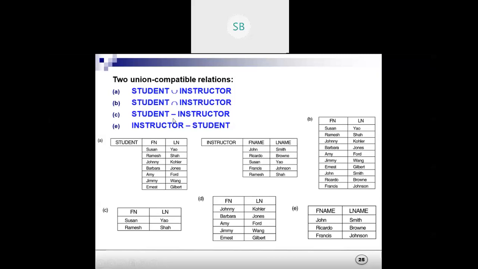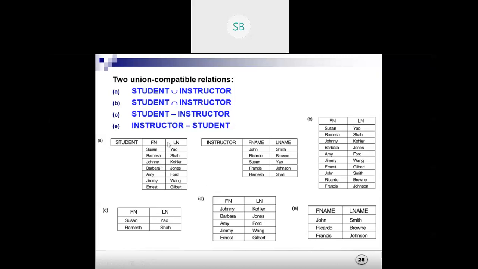That means in the minus set difference, suppose this is A and this is B, the resultant will be whatever is present in A but not in B. So we are displaying here the data present in student but not in instructor.